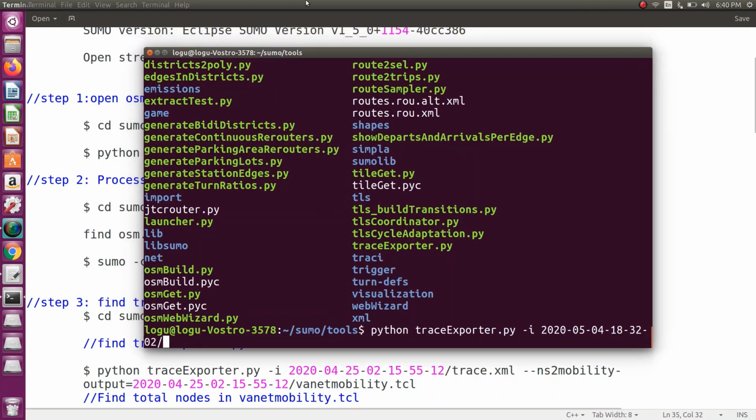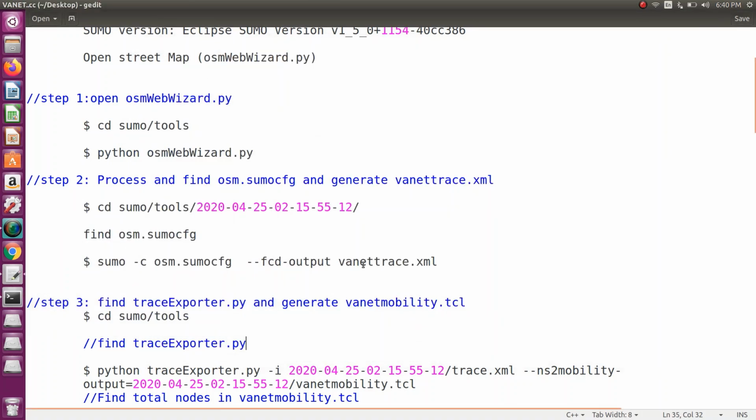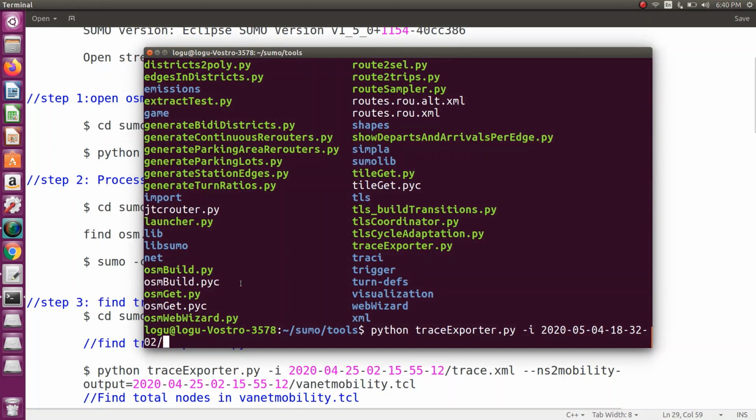Next in tools folder I have VANET trace.xml. So I am going to use that file. So VANET trace.xml --ns2 mobility-output equal to 2020.